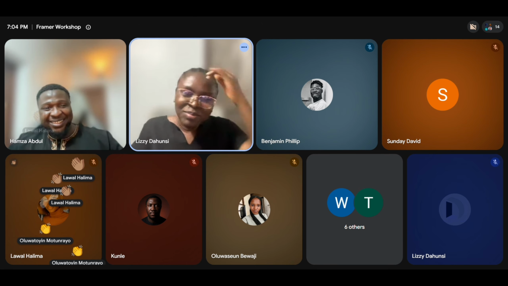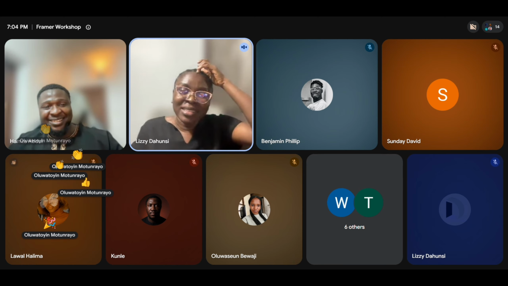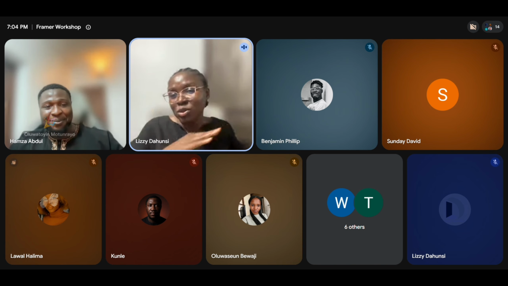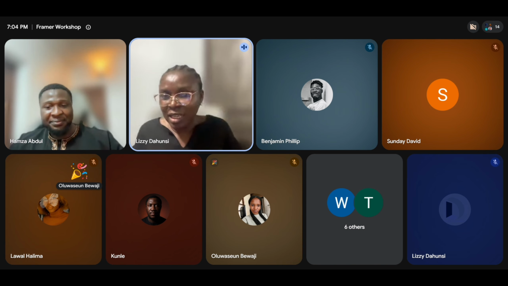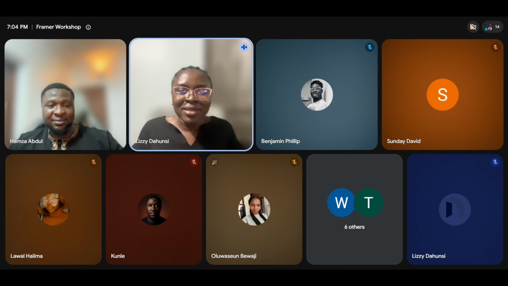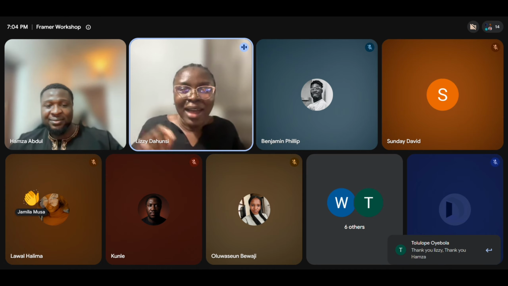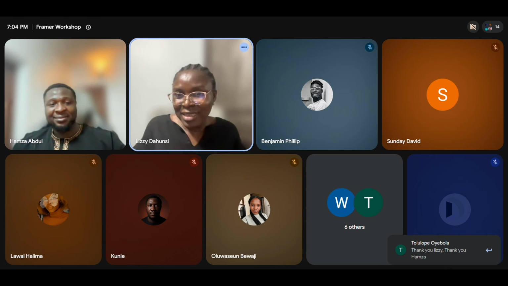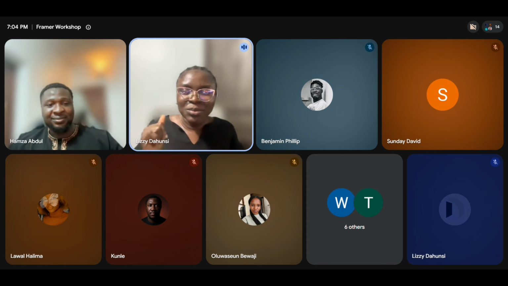And do you know what? See how God works. Last year I planned how all our sessions will go this year, at least for half of the year, and AI in Framer had not been implemented when I planned this. It was only last month that I started noticing that AI is now inside Framer.